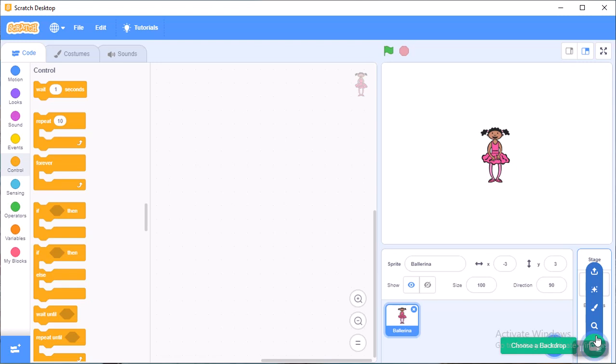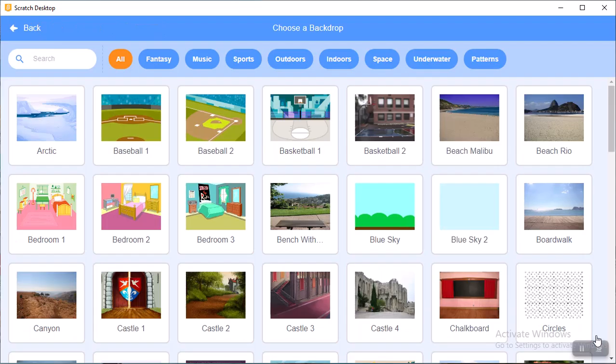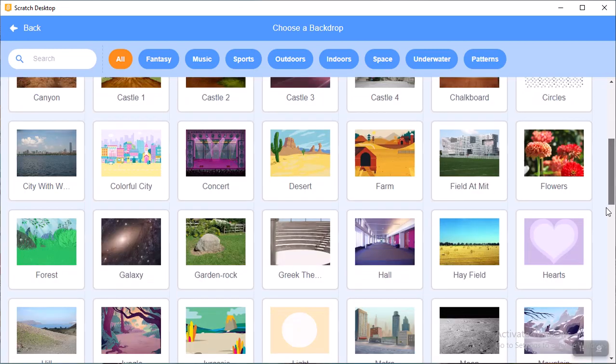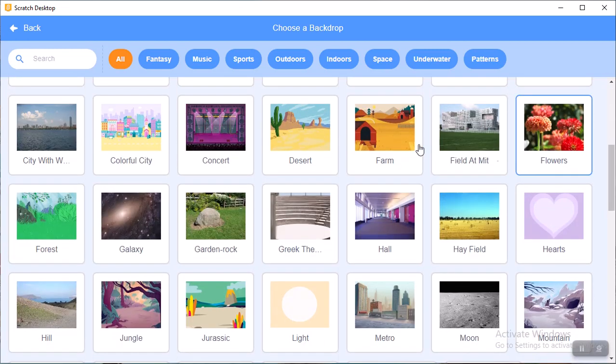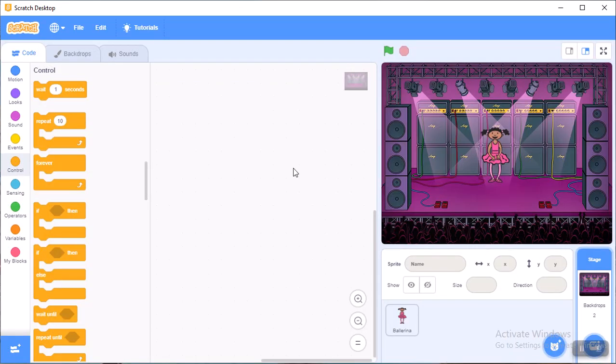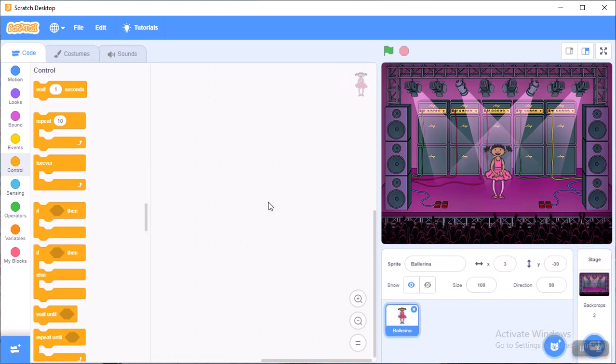We are making a program to make her dance, so we need some dancing background. Okay, let's take this one. Now it's applied and this one is our sprite. Let's apply some coding on this sprite.